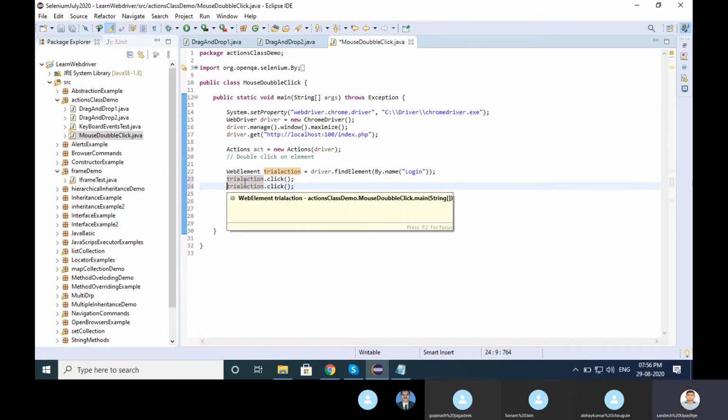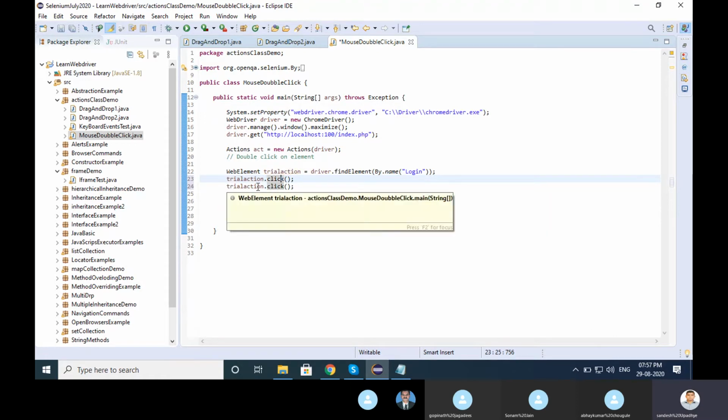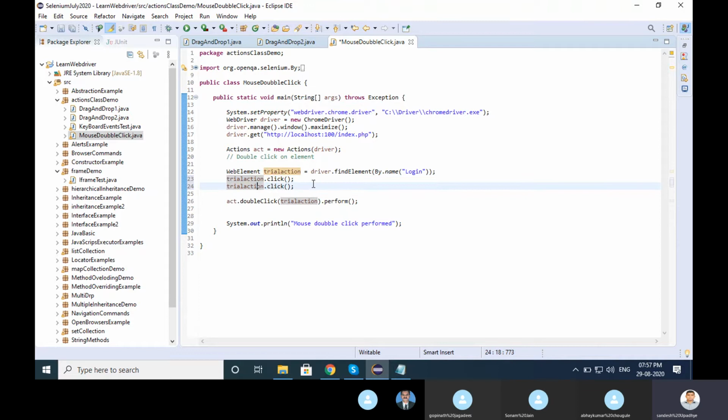One click happens, it pauses for some time, and then it clicks again. If I want to double click very quickly using the mouse, then you can go with the Action class, that's it.